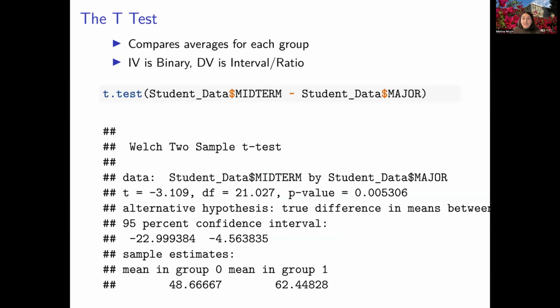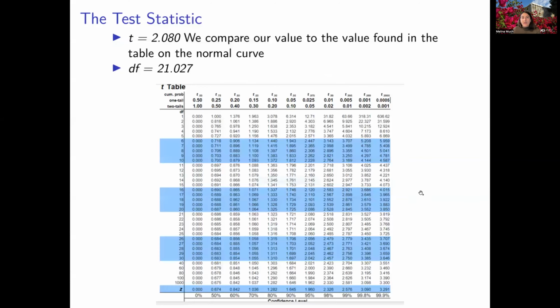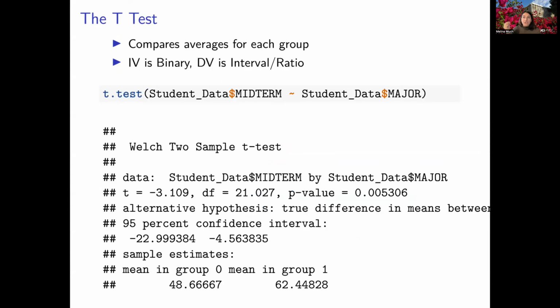So because of this, we get a p-value of 0.005306, which in this case, we can just round down based on the information we've garnered from here, which means we can reject our null hypothesis and have some evidence that we actually do see some sort of relationship between